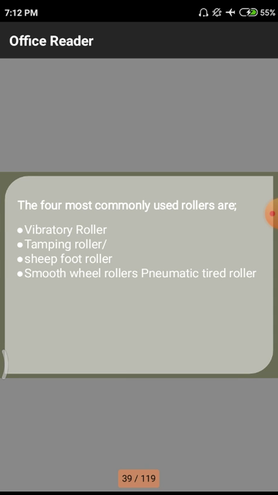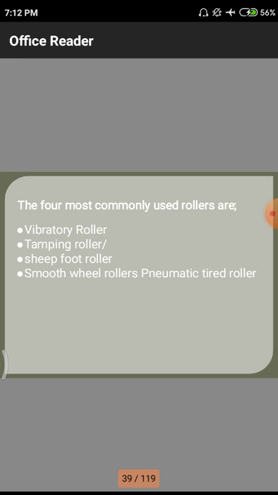In these rollers, mainly we have four kinds of rollers. First one is the vibratory roller. Vibratory means whenever it is moving on a particular soil strata, vibrations automatically come from those rollers, so that due to these vibrations the voids decrease, and whatever water is in the particular soil strata also comes near to the surface. That is the main purpose of the vibrator.